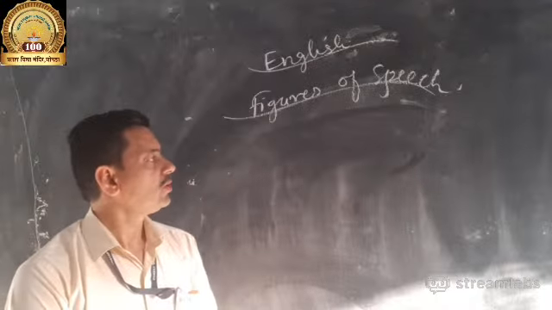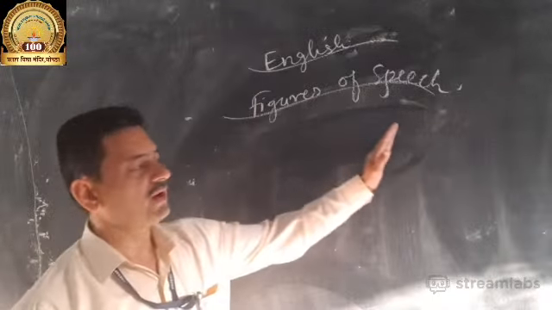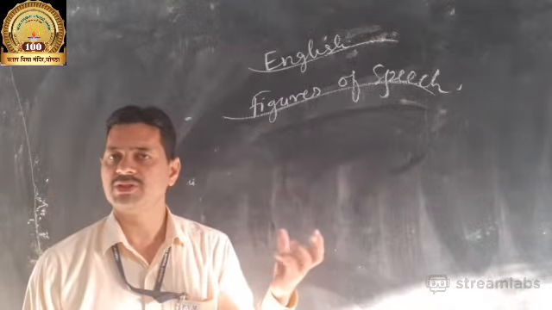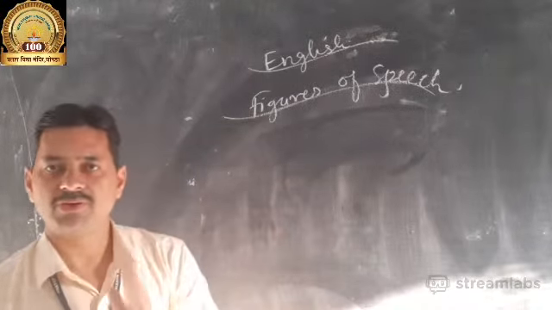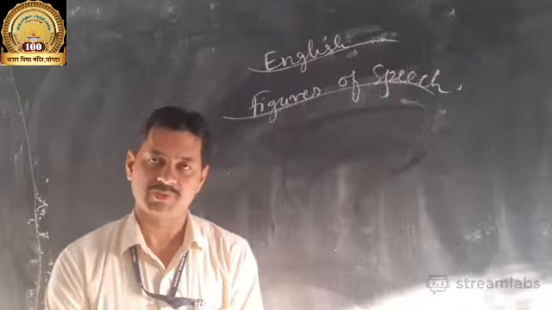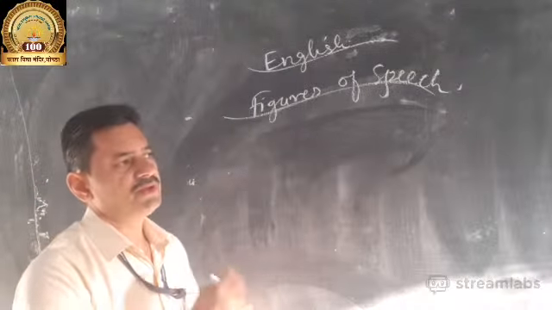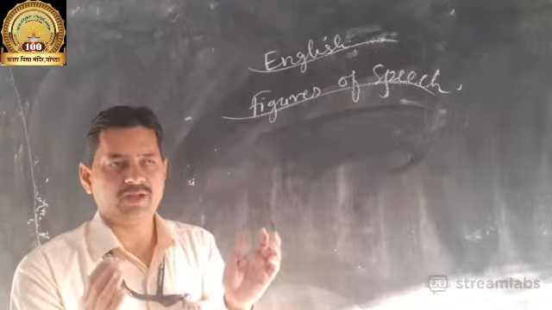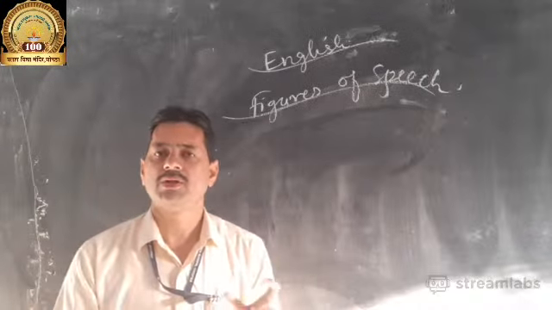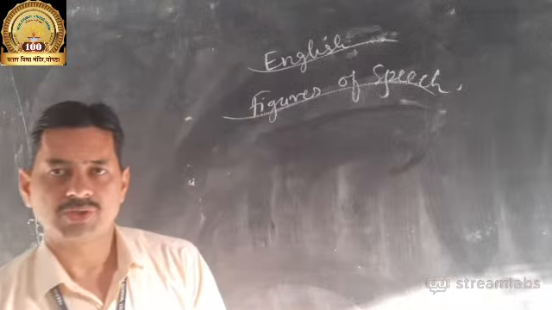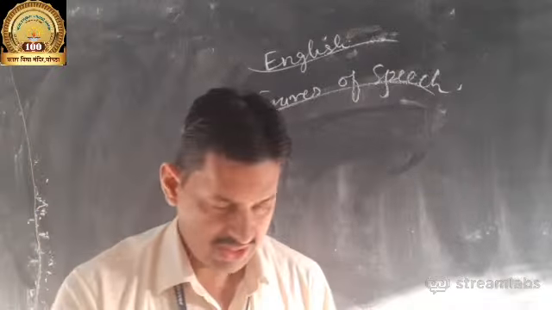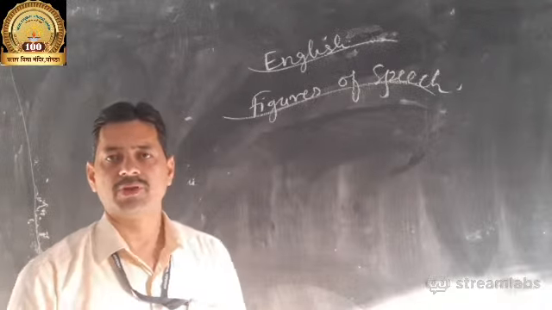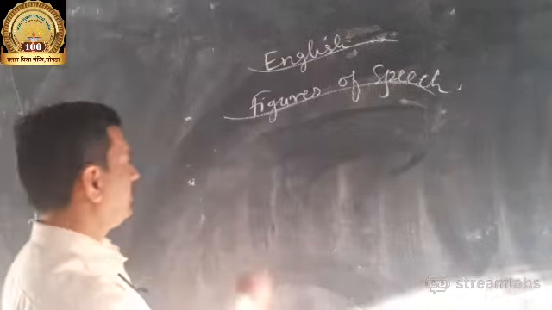Now see, as I told you earlier, 23 to 25 figures of speech are there, but we have a few figures of speech from unit 1 to unit 4. Many figures of speech are repeated in poems, so those which are repeated or common, we are going to learn all of them. Okay? From the starting easy one, we will proceed to the hard one. See the first one, that is